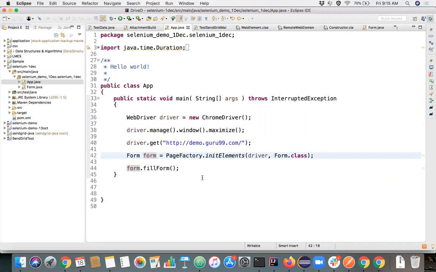Now because we have declared explicitly this as Form.class, it's type safe, right? So we'll definitely know for sure that this particular